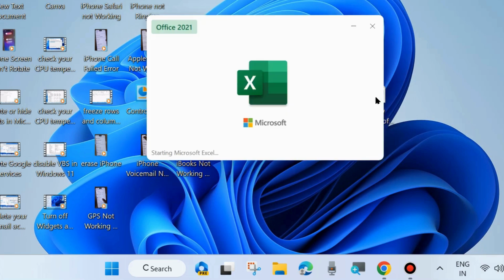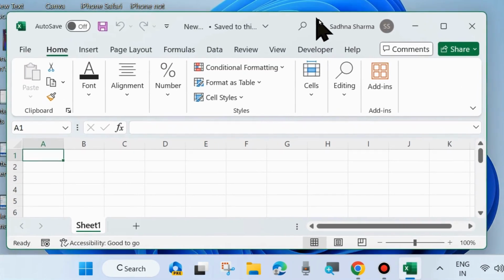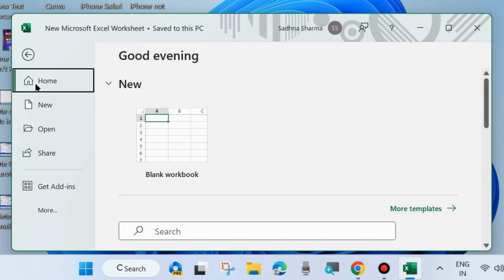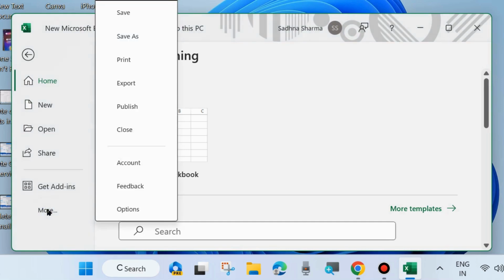Open any Microsoft Excel document first, and from the top menu bar go to File. To change the calculation option, go to File, hover the cursor on More, and here choose Options. Click on Options,